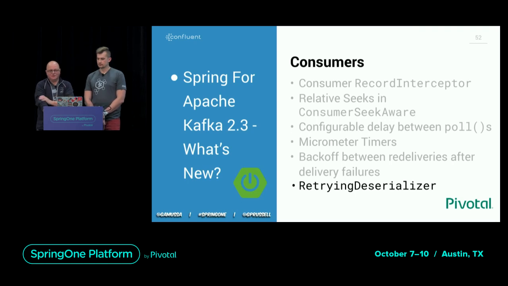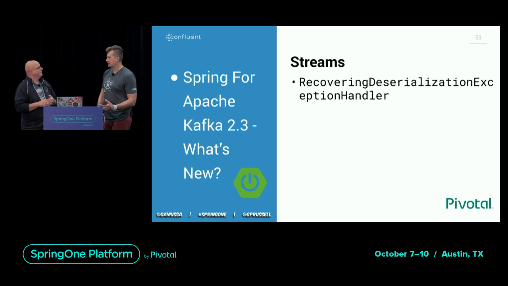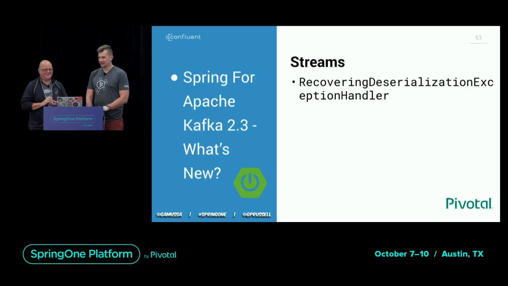This one's interesting. It's actually the Avro. There are problems with using the Avro deserializer if you have a glitchy network. So when you go to look up the schema, do the HTTP call, the whole deserialization fails. Yep. So now you can just wrap the Avro deserializer in a retry with a Spring RetryTemplate, and it'll give you the ability to try the deserialization multiple times. So the consumers get a lot of attention in this release. Yes, that's why there's a lot of cool stuff.